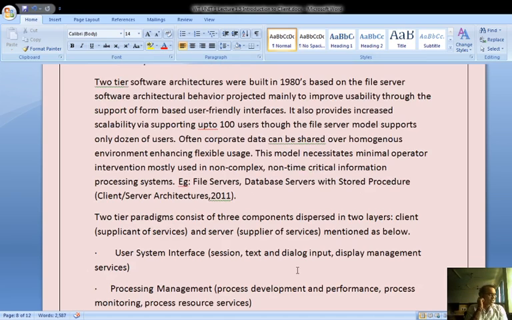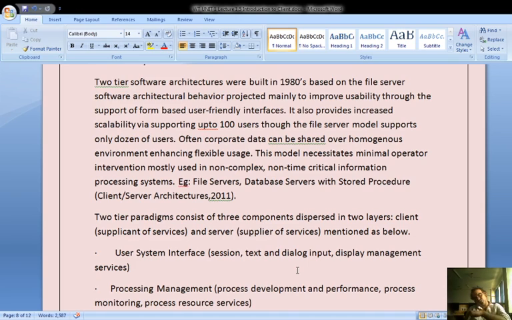User-friendly interfaces are needed because we need to connect laymen to our computing service models, from which the business grows. This model also provides an increase in scalability by supporting up to 100 users, while the file server model supports only a dozen users.